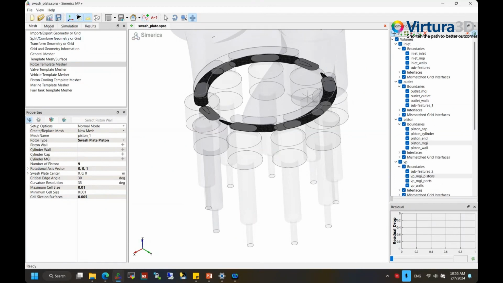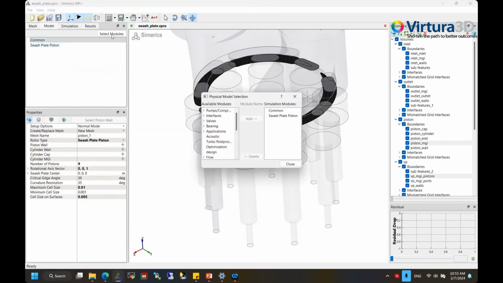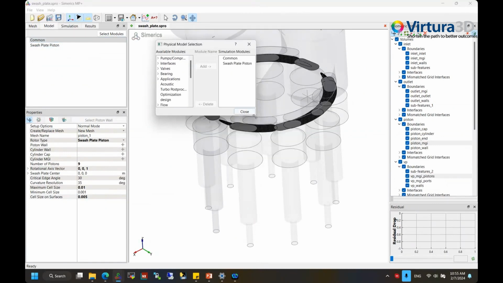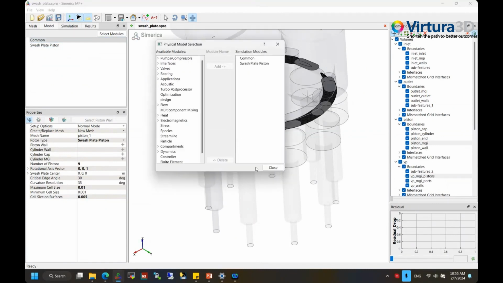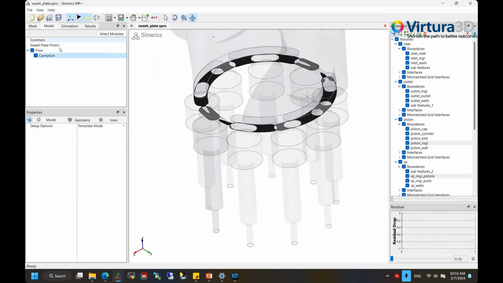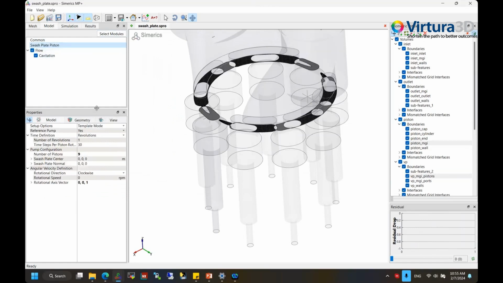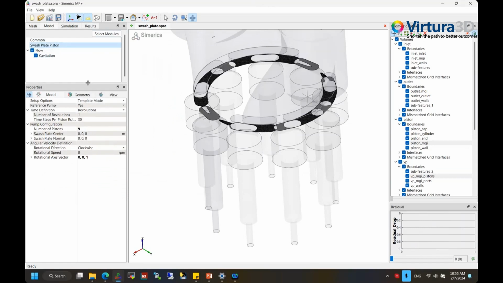After that, you see automatically we have this switch plate and piston, and we are going to add some physics. For this, we want to study the cavitation. Adding the cavitation is very easy. You just need to go to this module, go to the flow, and then we can add the cavitation. By default, we'll use the constant gas mass fraction, the first cavitation model, transmission, and then we can set up the